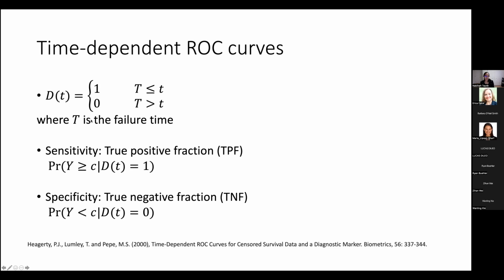So time-dependent ROC curves are defined in this context, and I have provided a reference for how to estimate these when you have censored survival data and a diagnostic biomarker. There's a whole area of literature that would be a whole other set of training courses for that. So I'm just giving you a little bit of a heads up, but we're not going to go into any of these